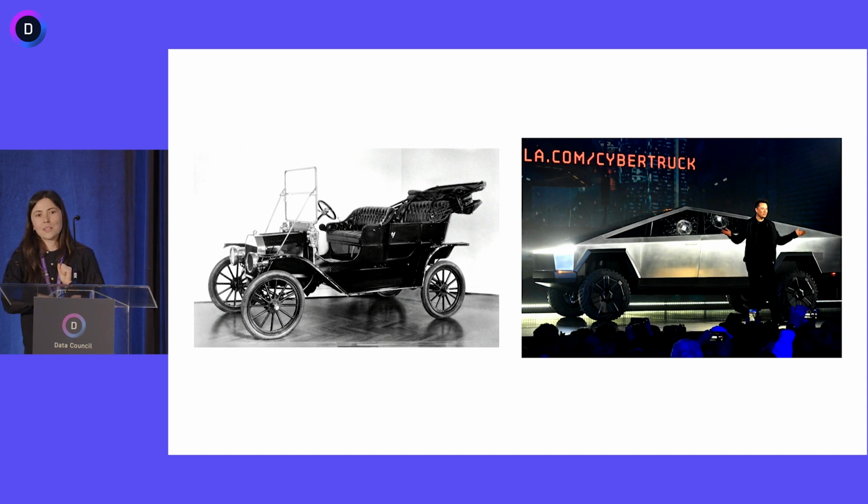This holds if you take a step further away from software. So on one side, we have Henry Ford's Model T from 1908, and on the other side, we have the Cybertruck from 2019. These cars, obviously very different, but the user interface is the same. So steering wheel, pedal that makes the car go, pedal that makes the car stop. If you could pluck someone from 1908 who could drive and put them into the Cybertruck today, they would probably be able to make it go, even if they were confused about the cracked window.